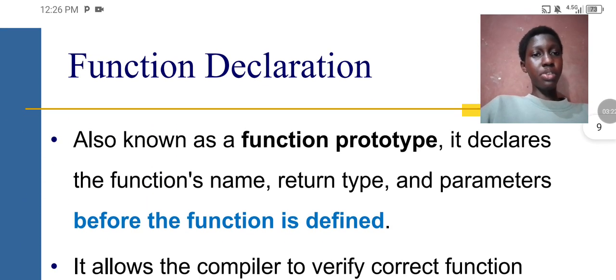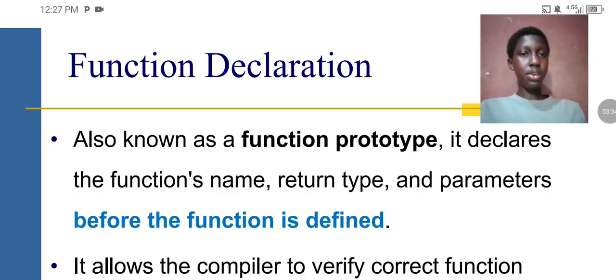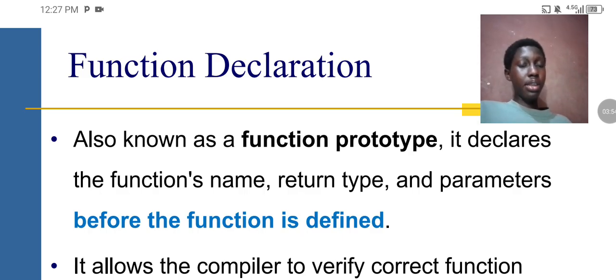So we begin with the function declaration. We said it's also known as a function prototype. It declares the function name, the return type, and the parameters. So this is the syntax. To declare a function, you first declare the return type. What is the return type? It is the data type you want the function to return for you. So you declare the return type, the data type, then the function name, which is also known as the identifier,